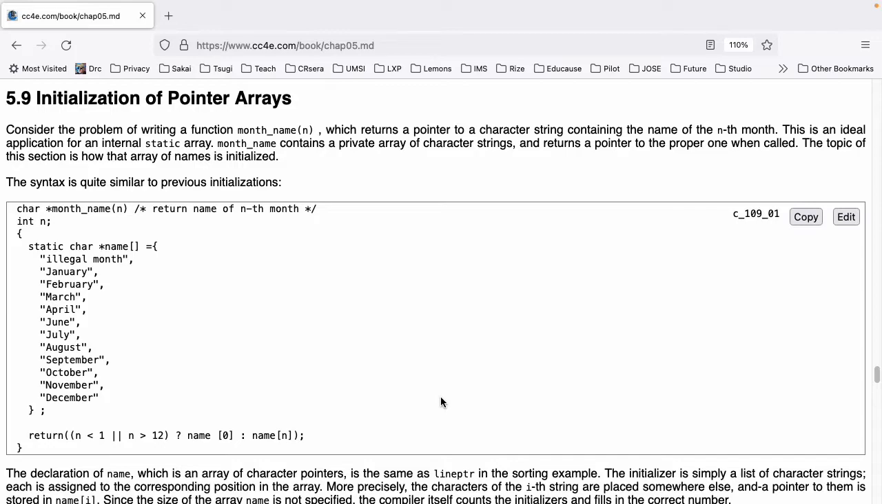static char *name[] = { "illegal month", "January", "February", and so forth down to "December" };. The body of the function is one line. return (n < 1 || n > 12) ? name[0] : name[n]; }